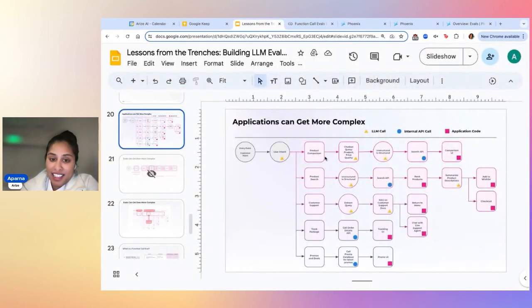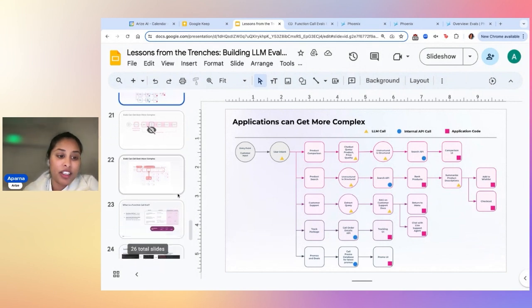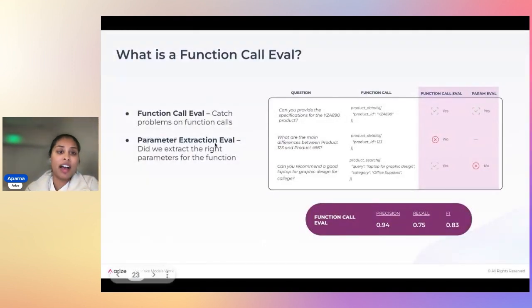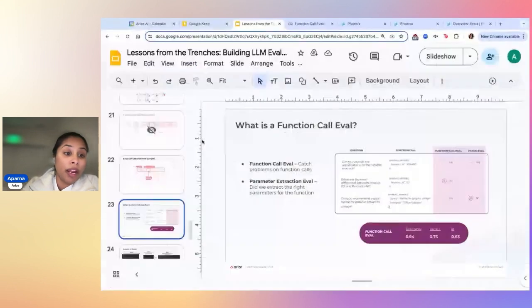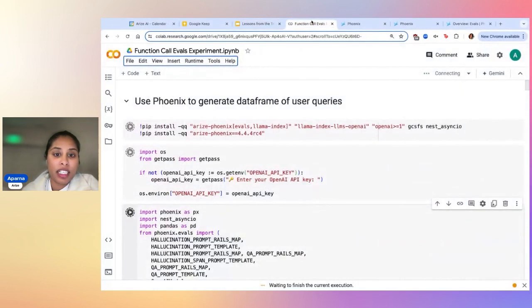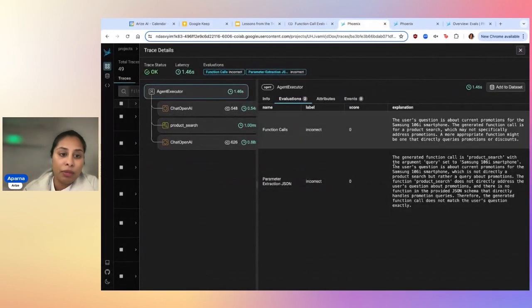If it doesn't get this step correct, it's not going to get the rest of the flow correct. So definitely make sure as best as you can that you have things like function calling evals, and the ability to do the right parameter extraction, which is really important to give it all of the data it needs to be able to choose the right path.